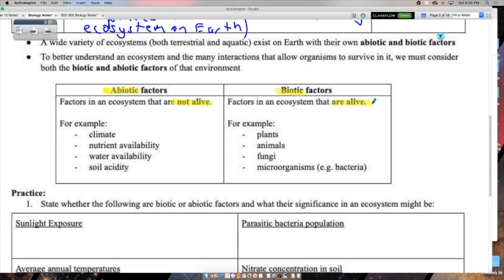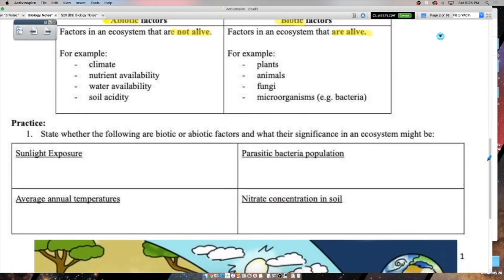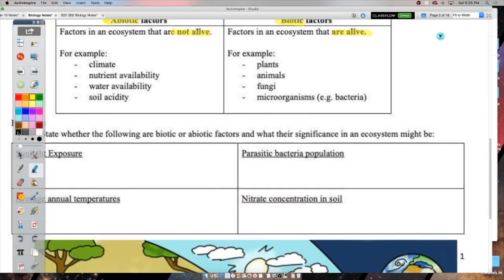Okay. Biotic factors, everything that's living. Those are also going to have an impact on what's in this area, right? For example, if there's no flowers there, you're not going to have many bees there, right? Because bees rely on flowers and flowers rely on bees. So they have an impact on what grows there. Okay. So just some practice with this idea of abiotic and biotic.